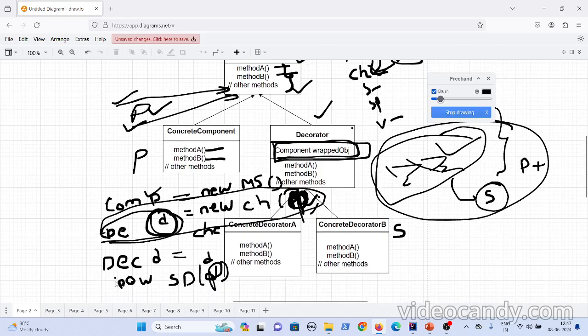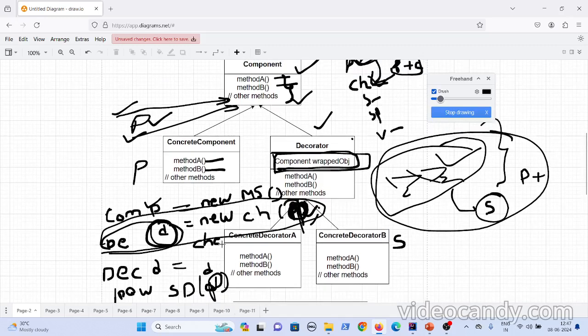And then when you go to the sauce decorator, you have passed this decorator item, but this decorator item ultimately is a component. So in your component variable, you can put this cheese burst pizza as the component.